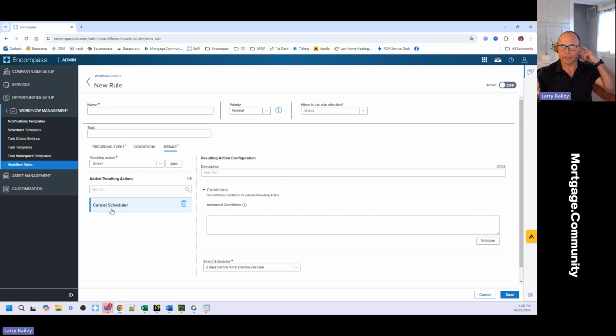So when I usually say that, a lot of times in people's brains, you start thinking, well, this just made everything more complicated. Like now I not only have to think about what a successful outcome looks like, but how do I make sure that the rule doesn't run? Guys, you're already doing this. It's called DDM rules. You're already doing this concept. So remember, a DDM rule runs all the time, right? Except when you don't want it to run. So it's the same thing here with scheduler. You want scheduler to run all the time, except when you don't want it to run. So your brains are already wired to deal with this.